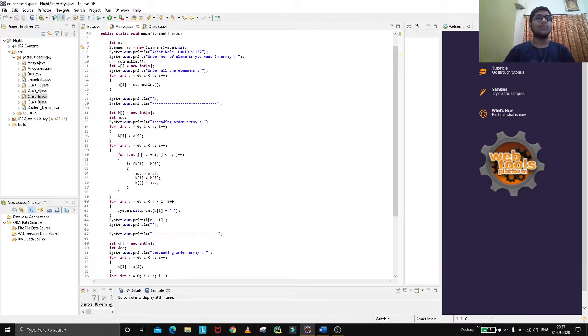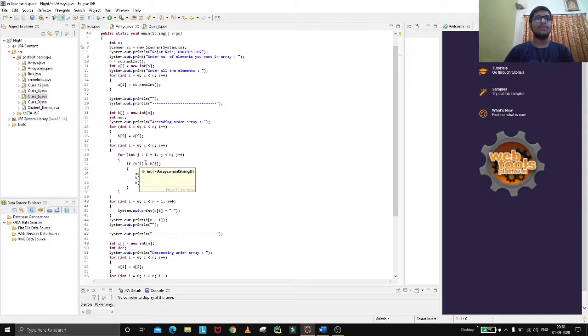So we have taken two for loops in which i is equal to 0 and i is less than n, i plus plus. Now this will take all the elements from the array and arrange them. So it will check j equal to i plus 1. For every index, it will check whether the value is greater or lower.